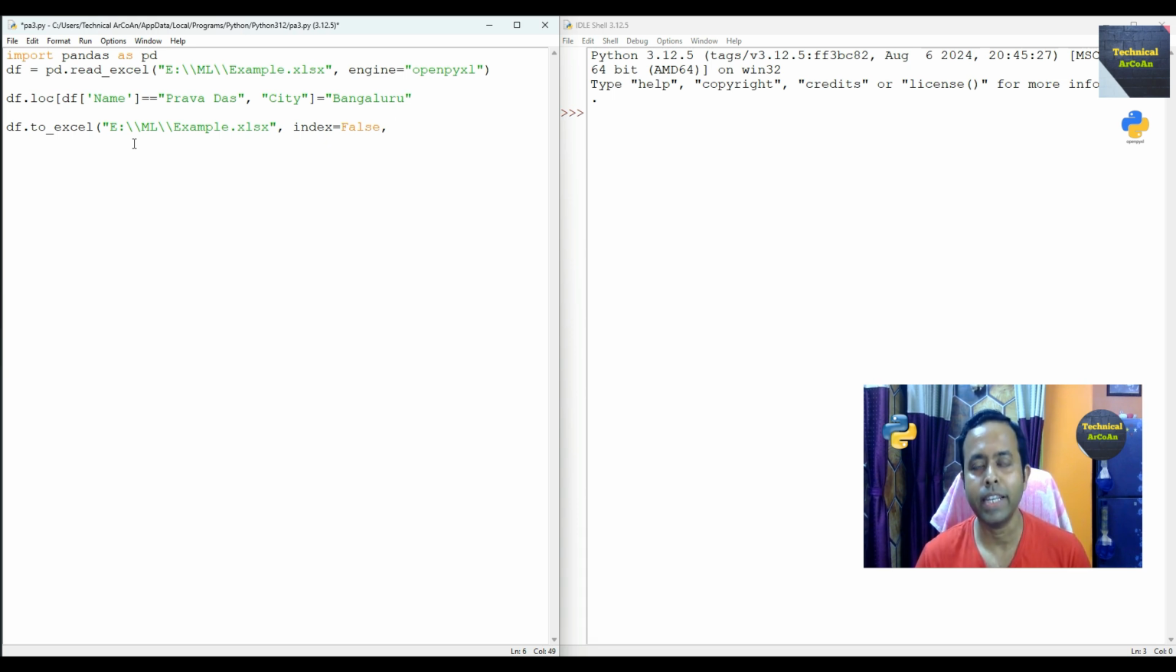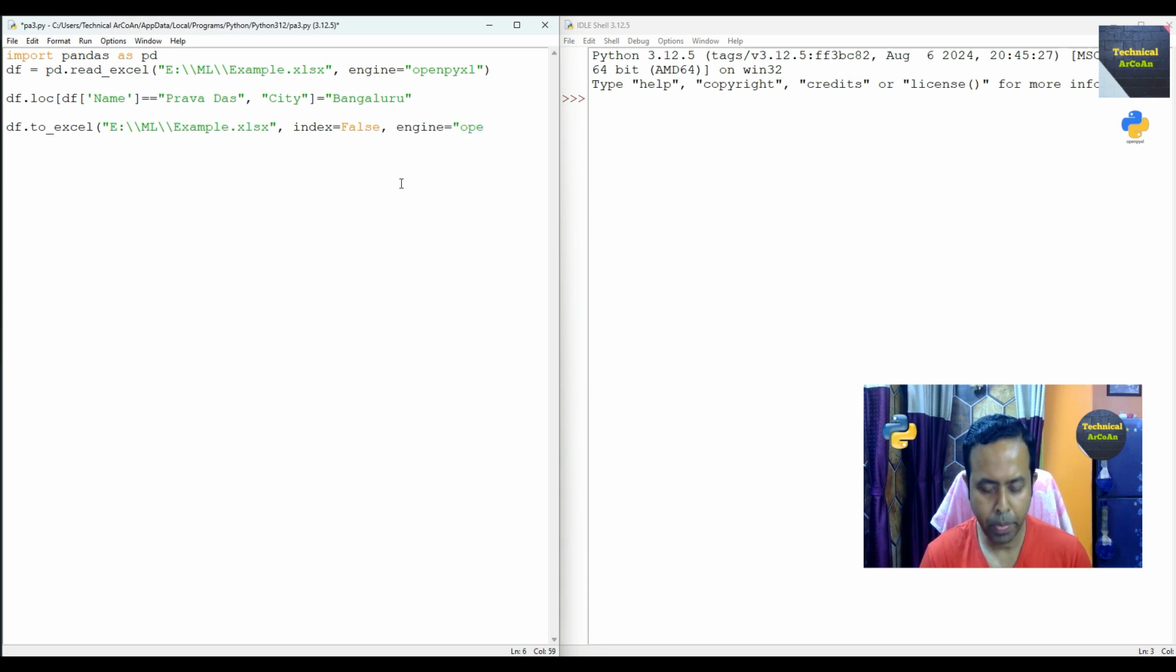That's why we write here index equal to false. Okay, and then just write engine equal, just write "openpyxl", parenthesis close, and then we just write print, and it should just print in the cell that row